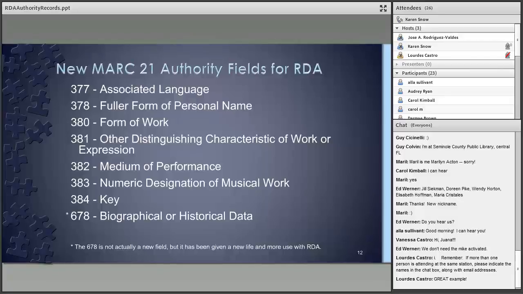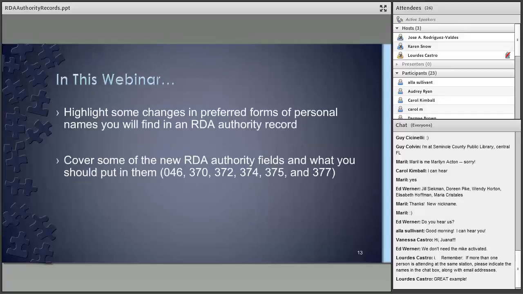The 678, the biographical or historical data, is actually not a new field, but according to this, it's been given new life and more use under RDA. It's a free text field to talk about the person, corporate body, or work and so forth. So there you go. There are all the new fields to give us more information about the person or thing in the authority